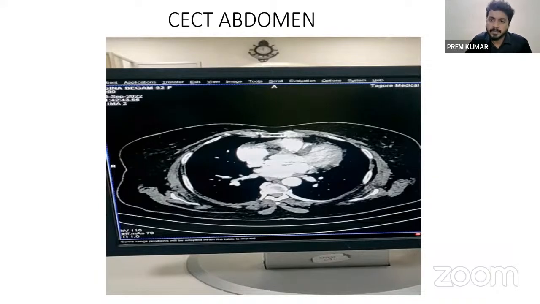Porcelain gallbladder, right? Only ultrasound is sufficient for such a thing, if the tumor is confined to a